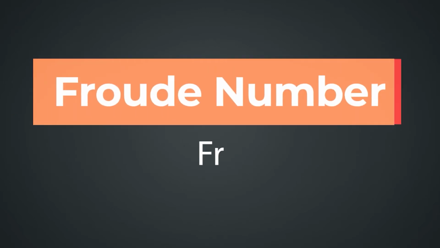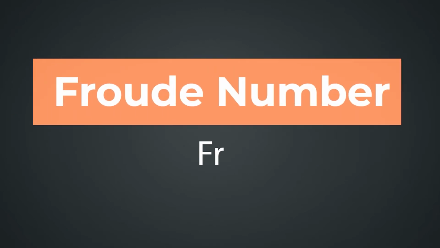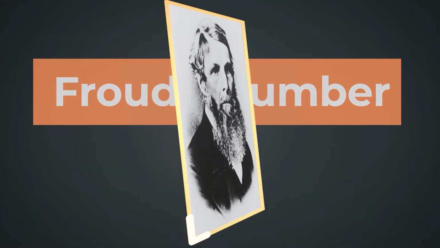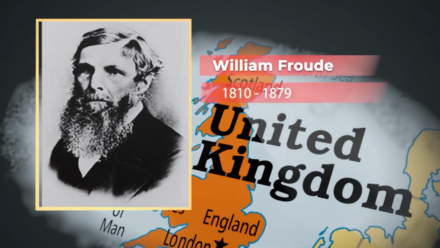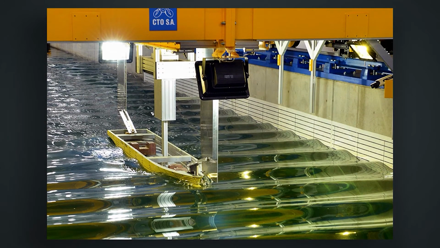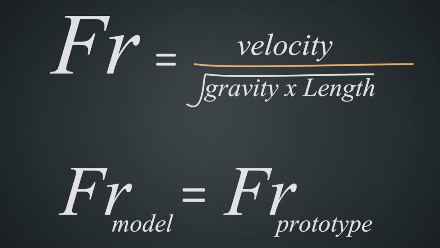Froude number. In the past, everyone thought small models are just for fun until an eminent English engineer named William Froude built his own facility called a towing tank, something like a large basin where the model is towed by a carriage to be tested before approving a larger prototype. By using his dimensionless quantity being equal for both model and prototype, he was able to lower the velocity of the model in the towing tank along with its length and predict precisely the behavior of the larger prototype.